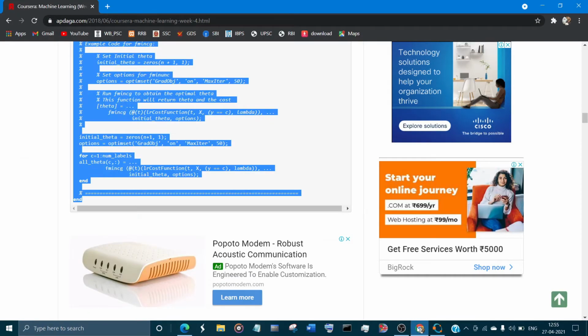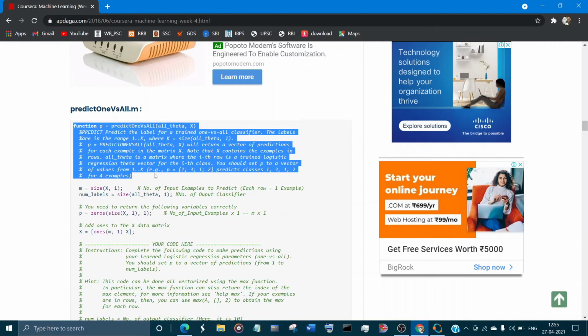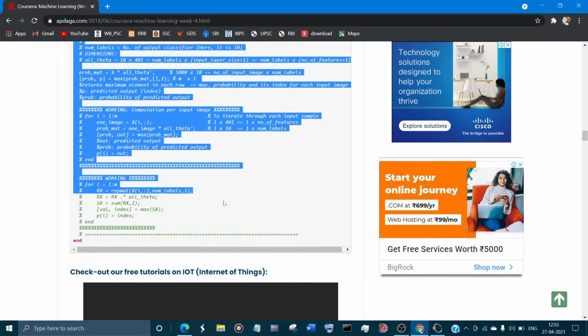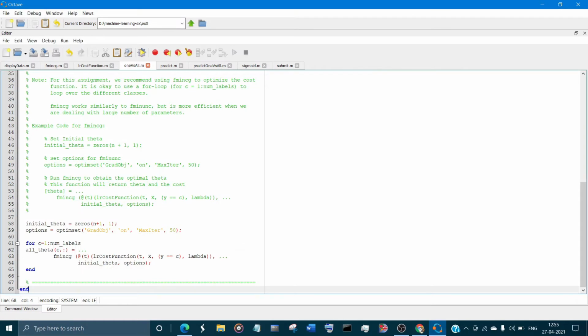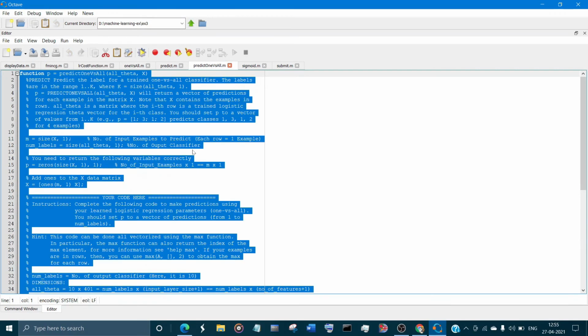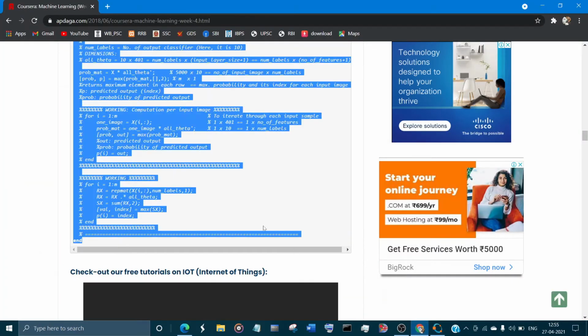Now do the same process for the next file, that is predictOneVsAll.m. Remember, you have to press Ctrl+S every time, otherwise it might show you errors.